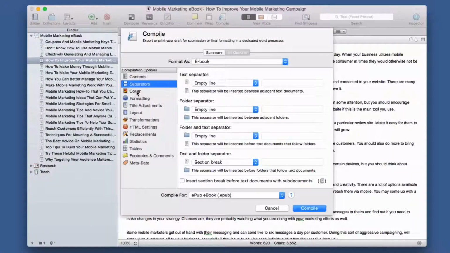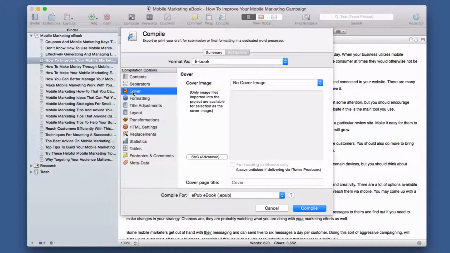What good's an ebook without a cover? This is where you can set your cover image. Now you'll notice that over in my binder, which is the area where I've put my content for my book, if you watch one of the earlier lectures, you'll notice I was talking about front matter. Well, I don't have any front matter, but more importantly, I don't even have